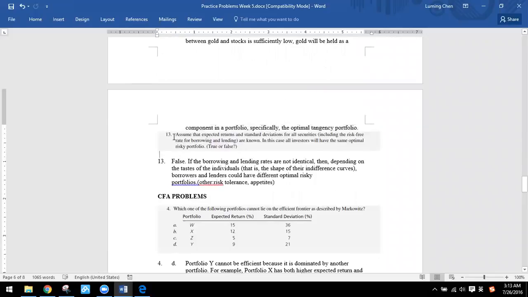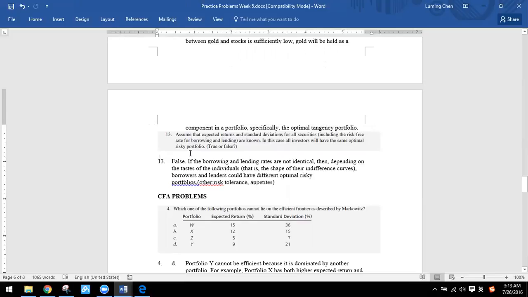Number 13, assume that the expected return and standard deviation for all securities, including the risk-free rate for borrowing and lending, are known. In this case, all investors will have the same optimal risky portfolio. This is certainly false. It just tells us the borrowing and lending rates are known, but we don't know how much the borrowing and lending rates are. So at least for the borrowers and lenders,